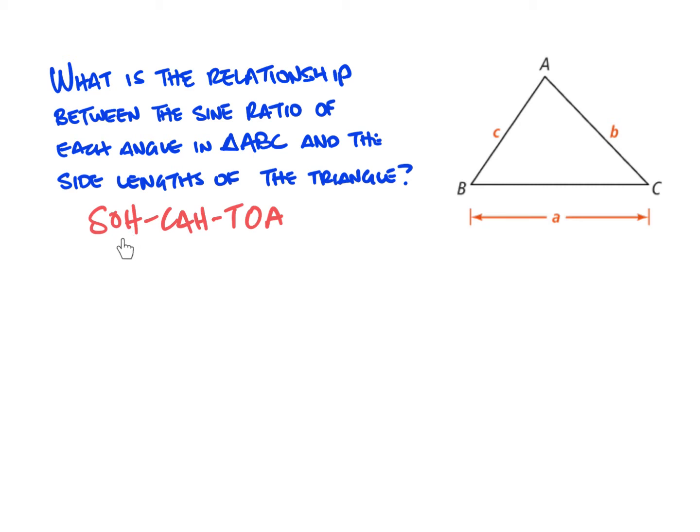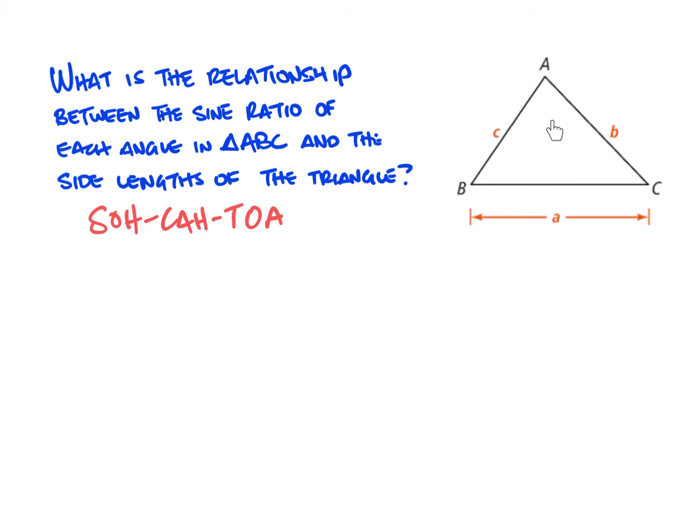And the fact that it uses the word hypotenuse tells us that this definition of sine only applies when we're dealing with a right triangle. And if we look at the picture over here, this does not appear to be a right triangle. Angle A looks like it's kind of close to a 90-degree angle, but it's not marked as a 90-degree angle, so we're not going to be able to say that it is. So this triangle does not appear to be a right triangle, which means that our previous definition of